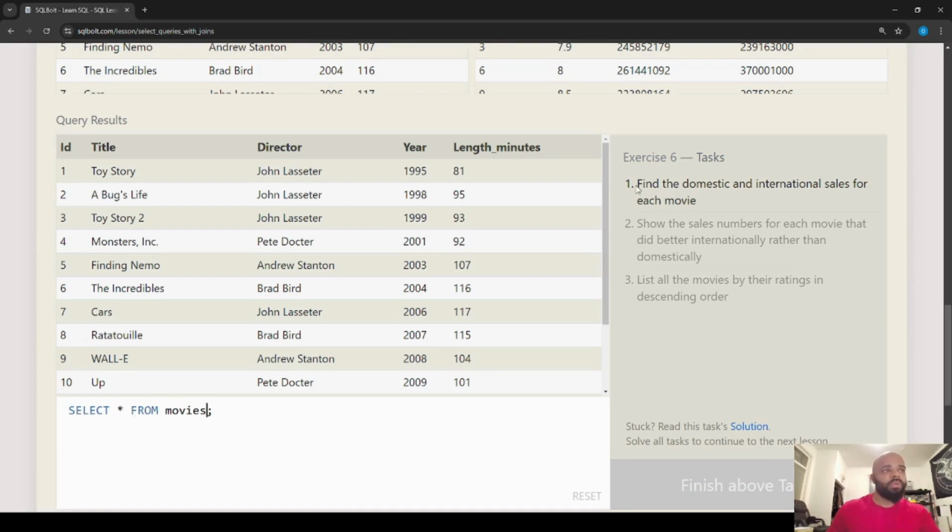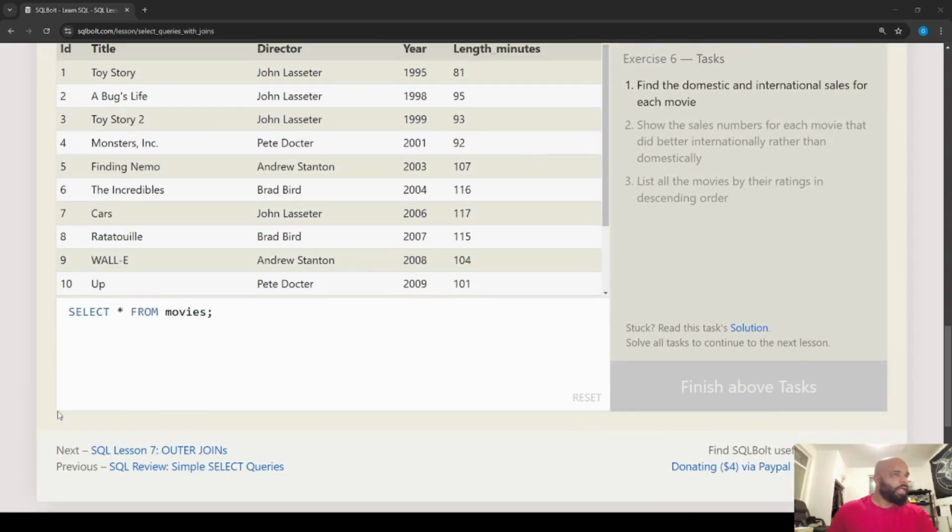For exercise 1, we want to find the domestic and international sales for each movie. So let's go about that. Considering we want the domestic and international sales for each movie, I want to move this and select title